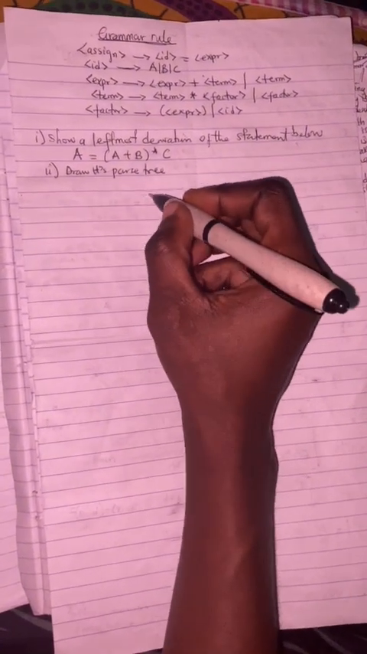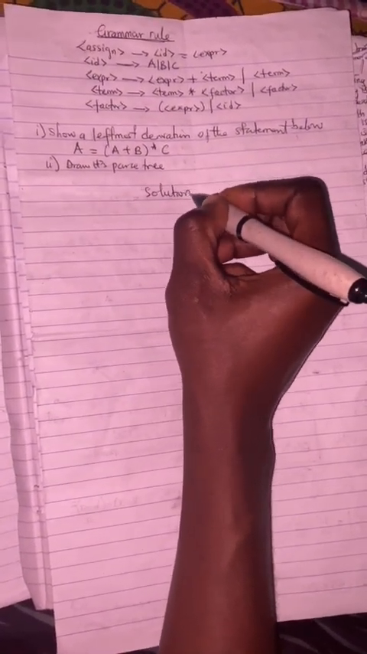So we have this production rule stated here, and we are asked to show a leftmost derivation of the statement A = (A + B) * C, and then we have to draw the parse tree. As I said earlier, it's the same pattern as the examples we've just done. We'll just be following it gradually until we derive the sentence for it. So let's start with the